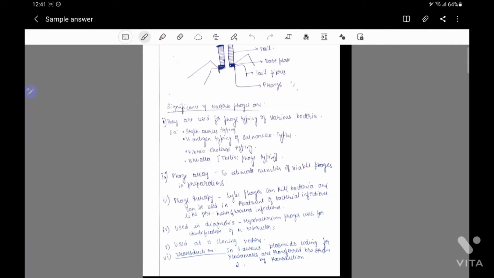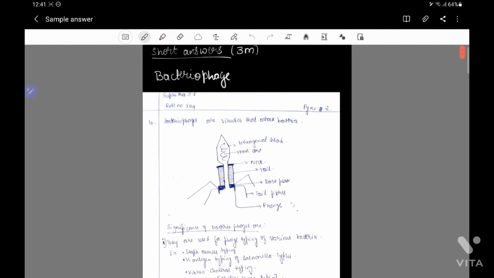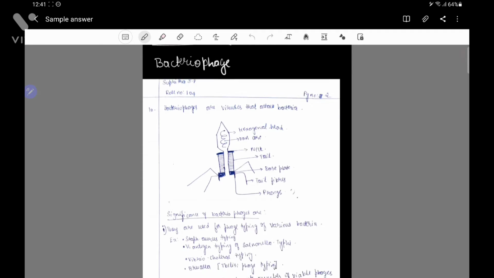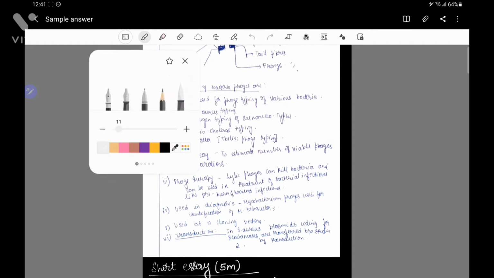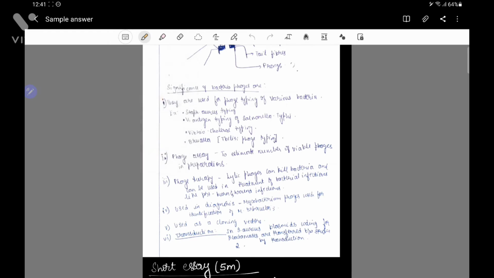Since this is a 3 marker, I usually tend to write 6 things for anything they have asked. If they have asked a difference, try to write 6 differences. If they have asked examples, try to write 6 examples. So there is not much to explain in 3 markers. If you can, try to add diagrams, or else just write whatever they have asked for. Okay. Now coming to the 5 markers, let's look at the 5 markers.